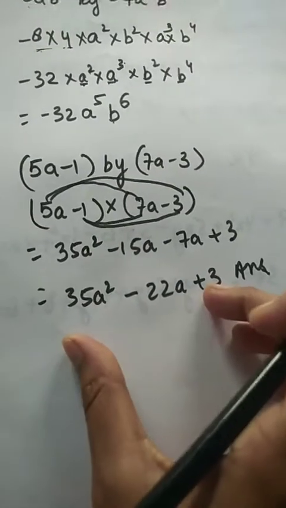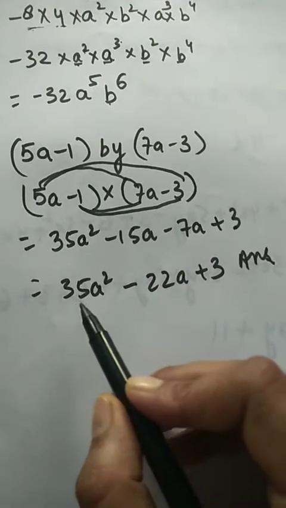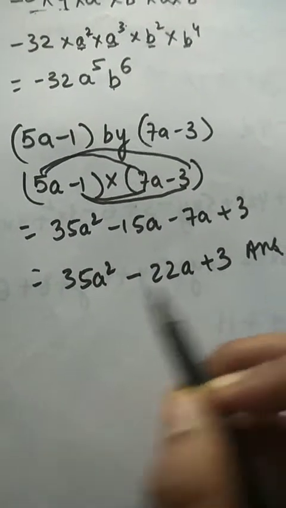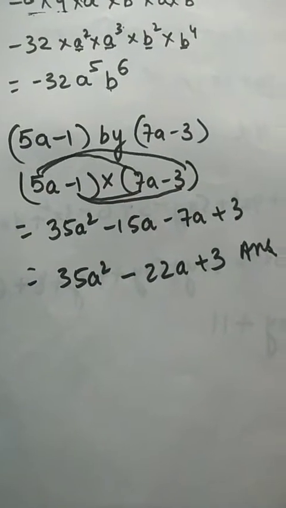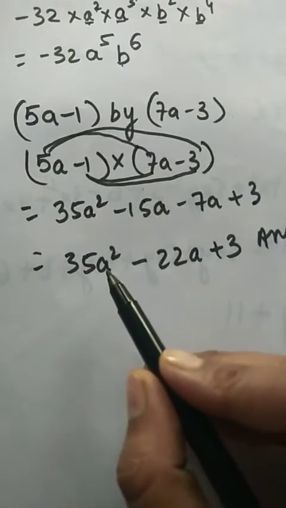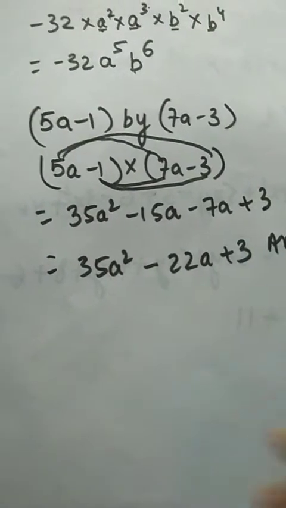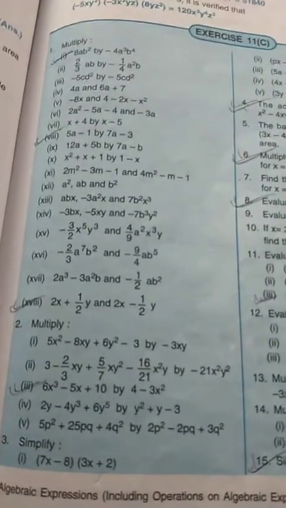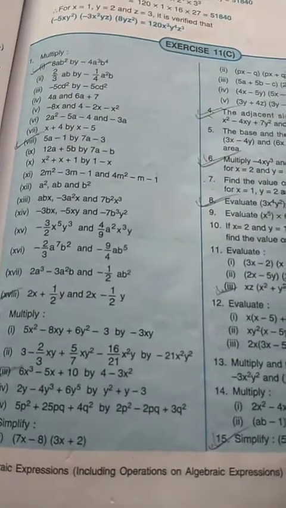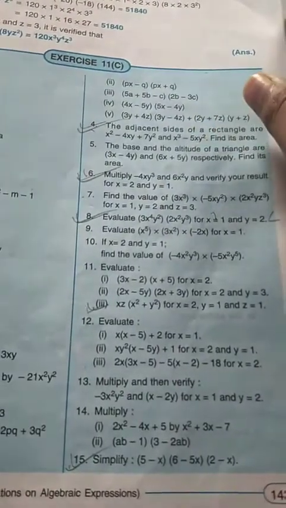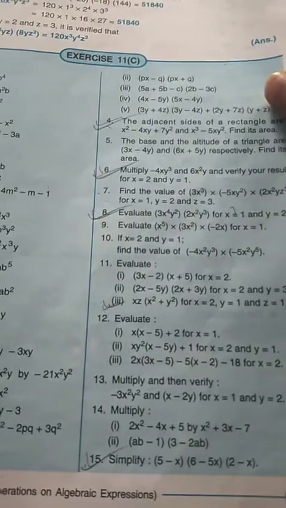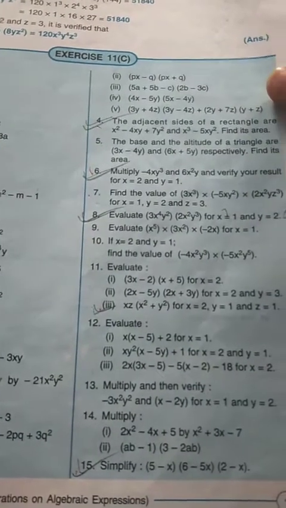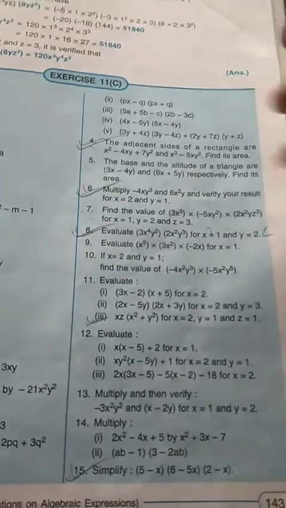This will not be added or subtracted together now because these are unlike terms, and unlike terms will be kept like this. It will not be solved because here it is a square, here it is a, and here it is a constant, so it will not be evaluated together. In a similar way we will do the rest of the questions. In this also I'll tell you what questions you have to do. Let us do one question.